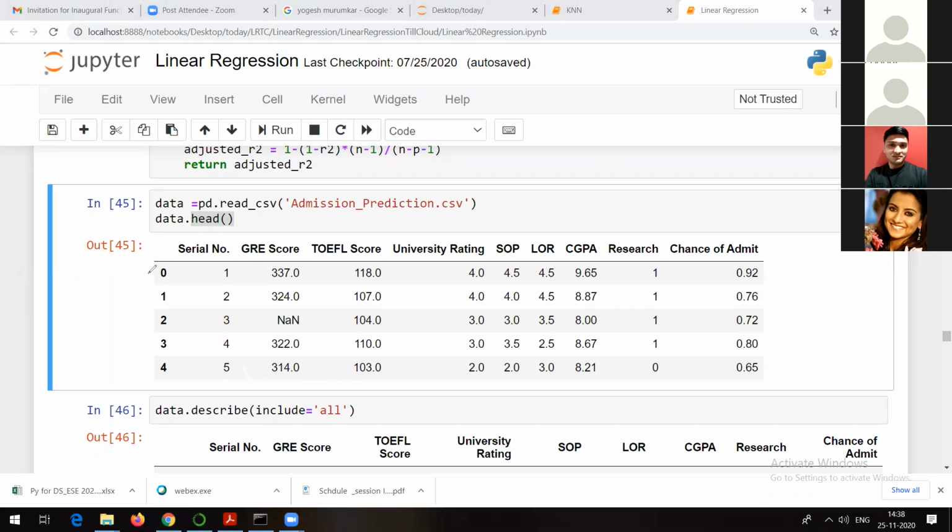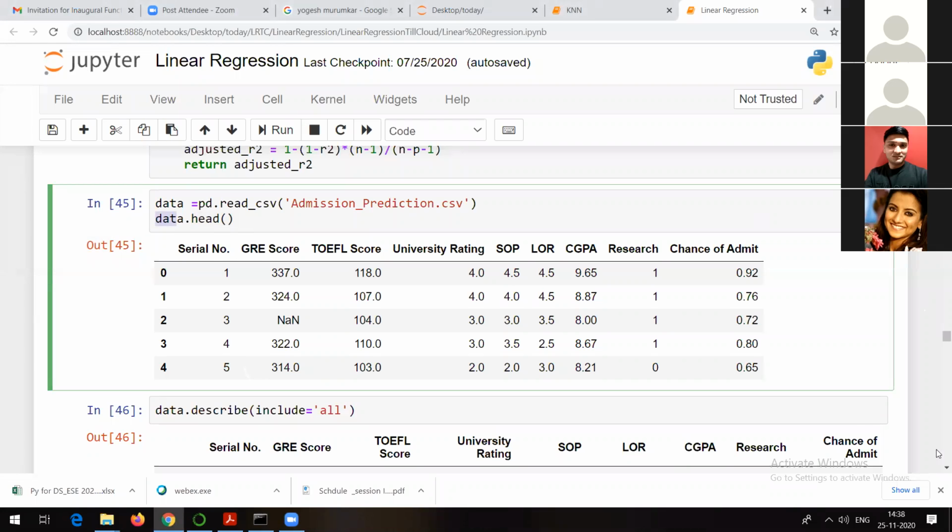So in Python it shows you the first 5 rows. You can see serial number, GRE score, total score, university rating, statement of purpose, letter of recommendation, CGPA, research done or not, and chance of admission of that person. Everything is important, so try to understand. We are able to see only 5 records because we are using the head command. Otherwise, everything is there in the database.